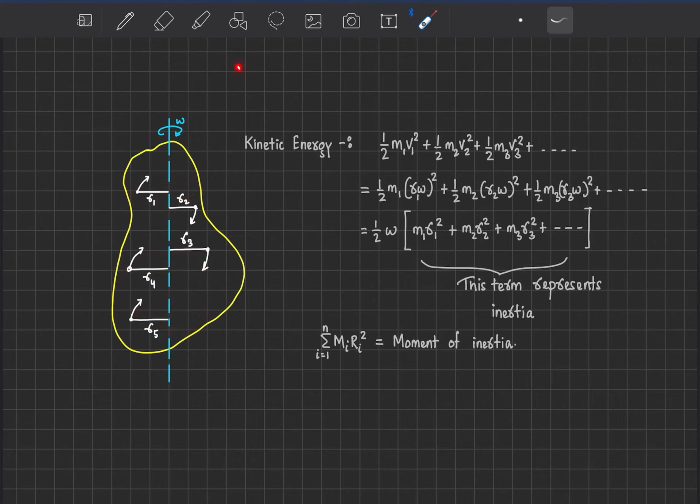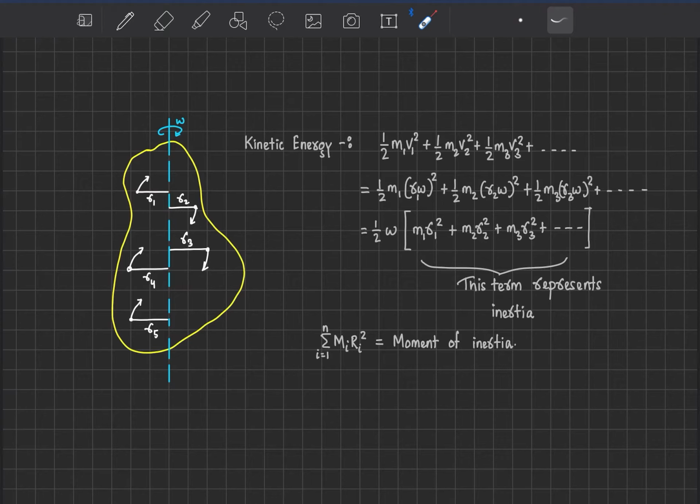In case of a circular path, if we talk about the kinetic energy, we only need to calculate the speed. So v will be r into omega, where r is the radius of the circular path, or we can say the distance of the point from the axis. In each case, the radius of the circle is equal to the distance of the point from the axis. So that is the circular path's radius, and omega is the rotational velocity, the angular velocity here.